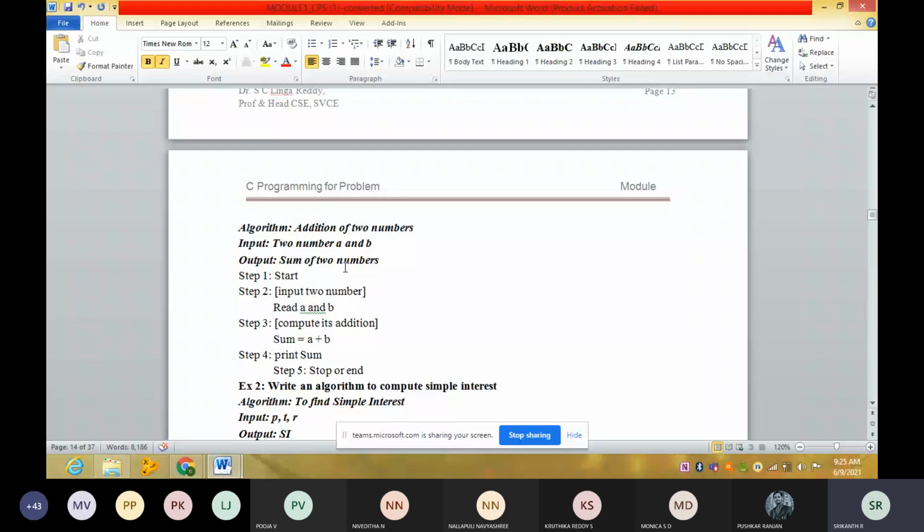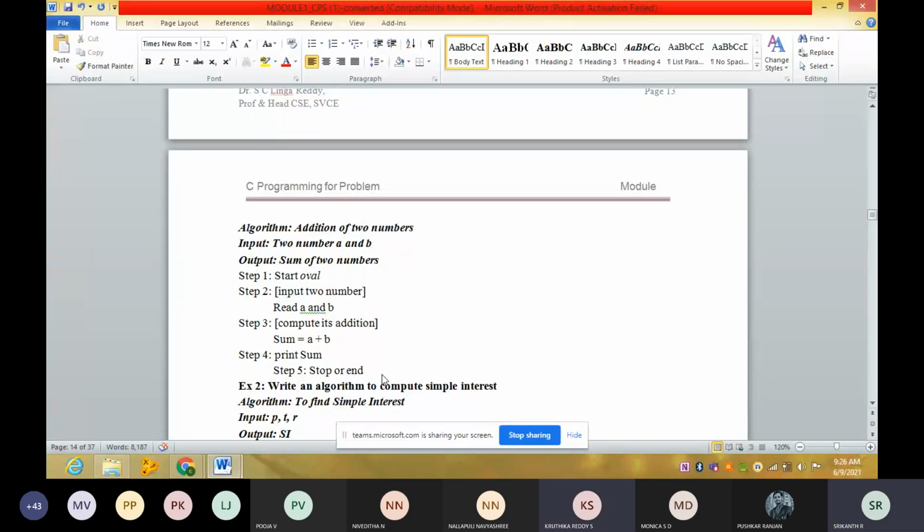For start, which symbol am I going to use? Oval. See here, I am going to use oval. Correct? Yes, sir. For end, stop or end, what am I going to use?